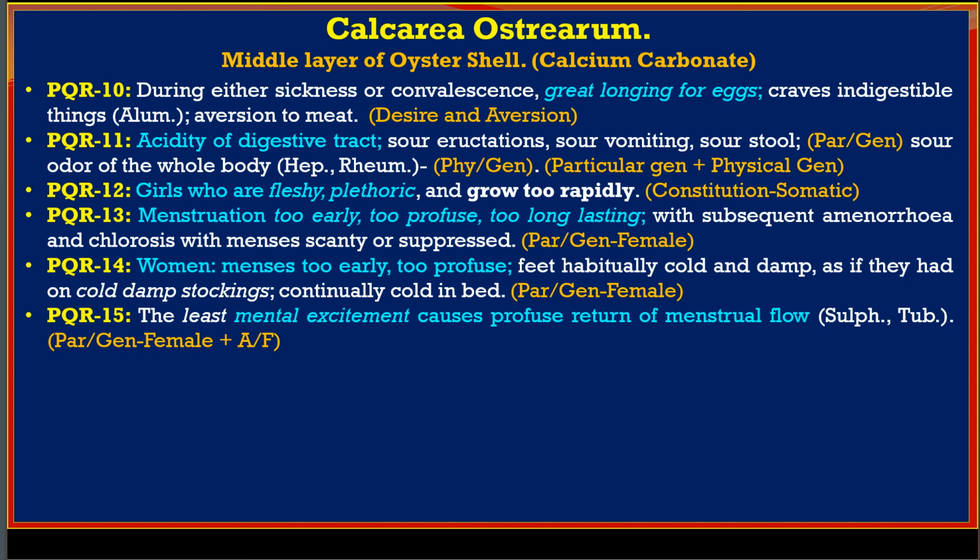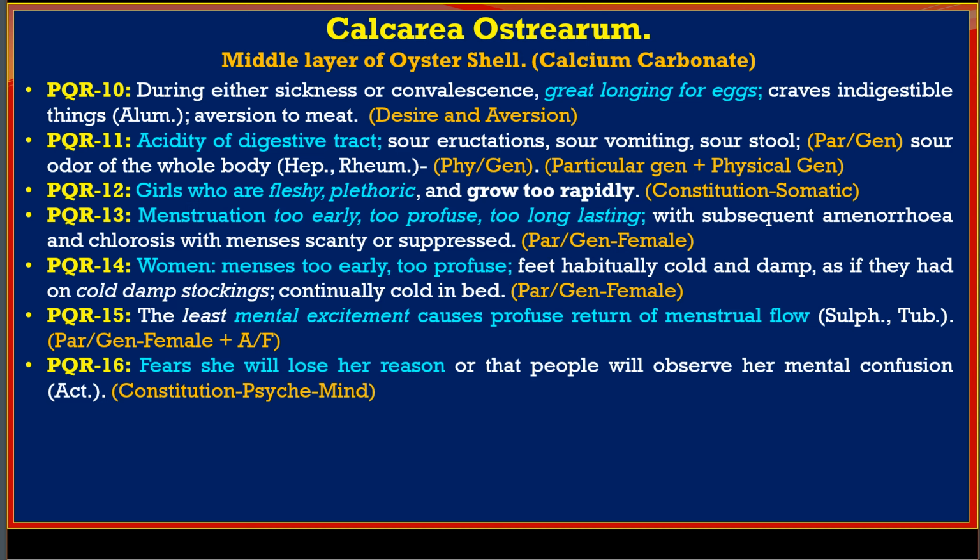PQR 15 is the least mental excitement causes profuse return of menstrual flow. Corresponding similar remedies are Sulphur and Tuberculinum. This is an exciting cause, especially in the case of females. We find mental excitement will bring about menstrual flow, which is a very peculiar symptom, and includes ailments from